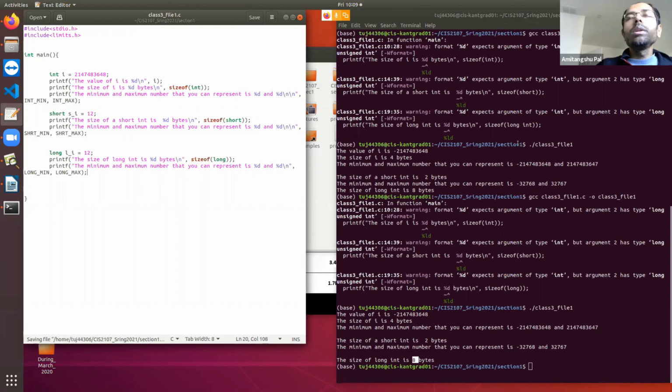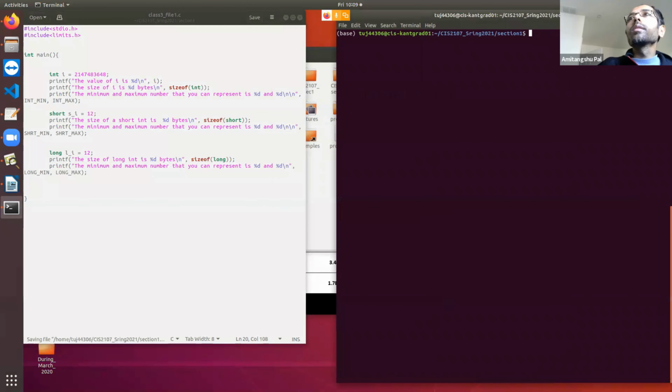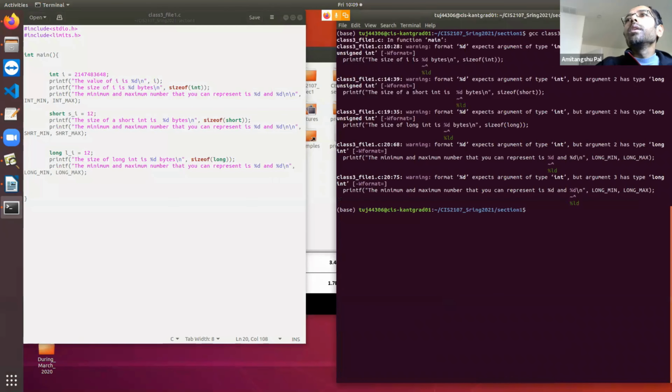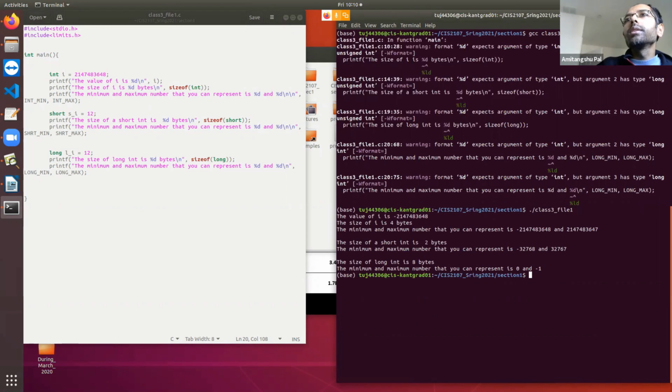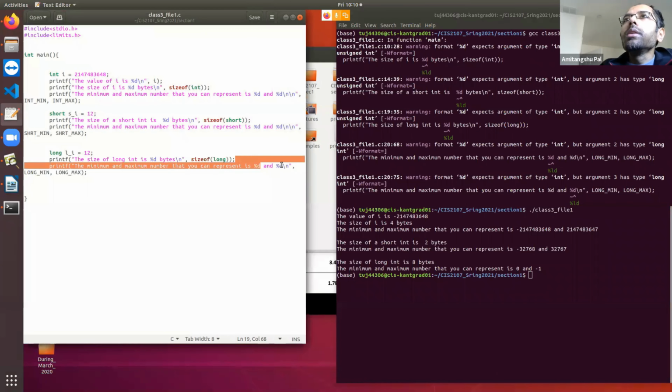Okay. Long min and long max. All right. So let's run it and check. Now it is saying that the minimum and maximum number that you can represent is 0 and minus 1. So that means there is a trouble. Here I am using %d and %d.